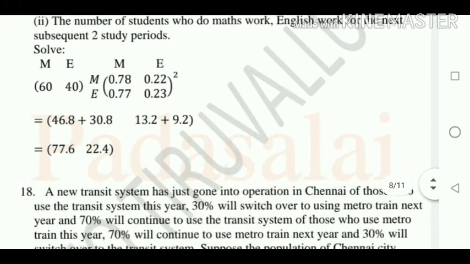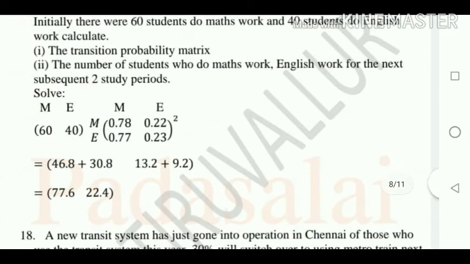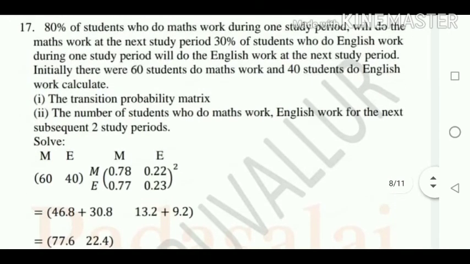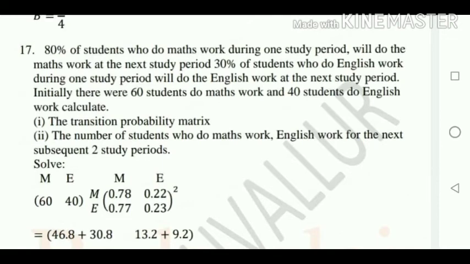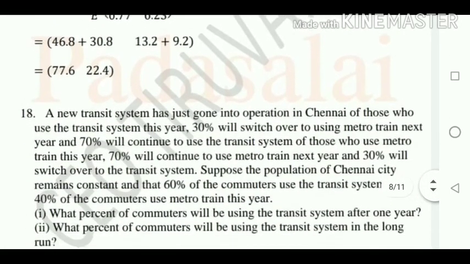Before this, it is given in short form. Before this you have to multiply these 80%, that is, 80 20 30 70, then only you are getting this answer. Then they are asking about the next study period, therefore it is in square form. Okay, then